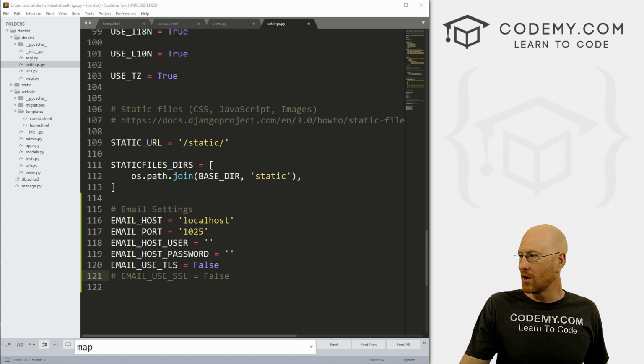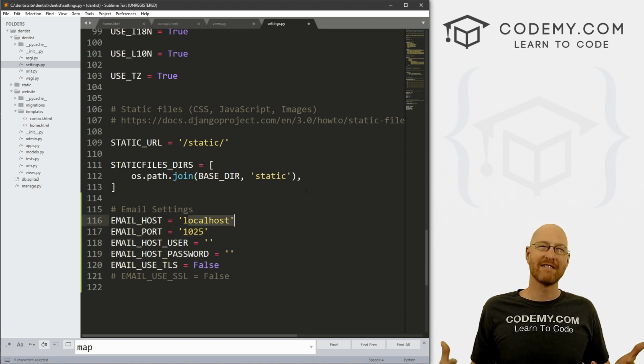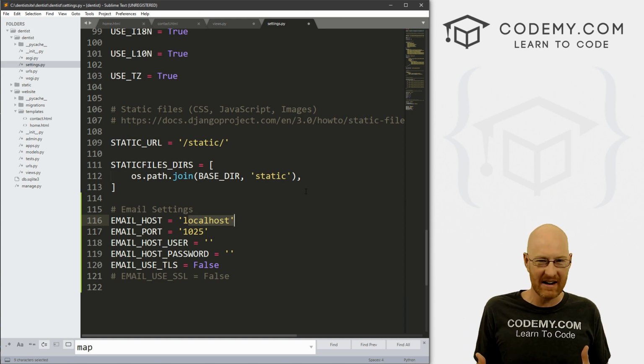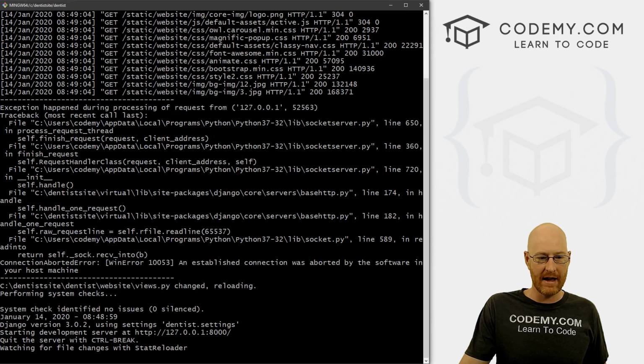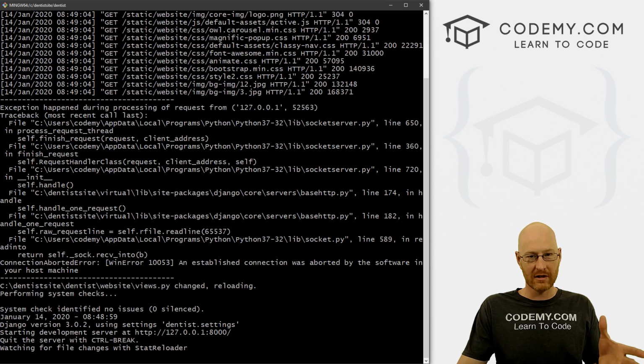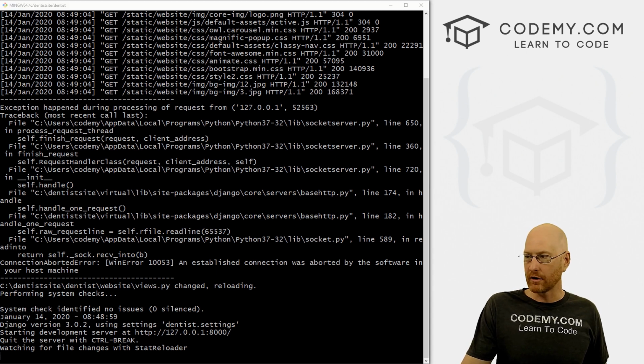But now we need to actually turn on this email server that we've designated here. We're going to use the fake one. Well, it's not fake. It comes with Python. It's very lightweight, and we're going to use that. So we have to fire this thing up, right? To do that, we would do that from our command prompt. But here we've got our web server running in this one, so I'm going to open another one of these, another Git Bash terminal,